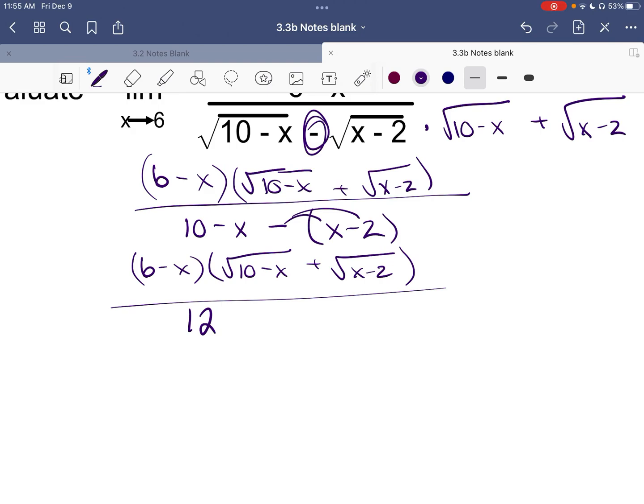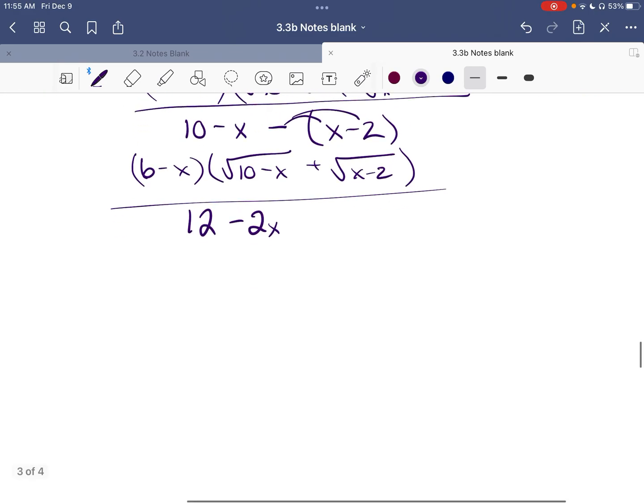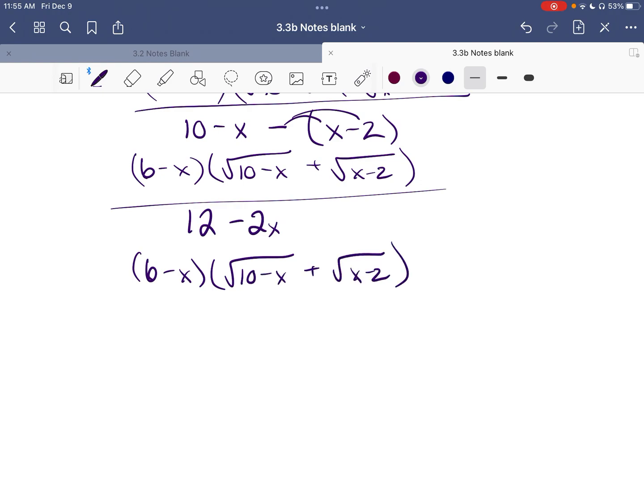What happened? Oh no. Oh, negative x minus x, silly me. That is negative 2x. Okay, so again, we're just going to leave our numerator, 6 minus x, the root of 10 minus x plus the root of x minus 2 all over